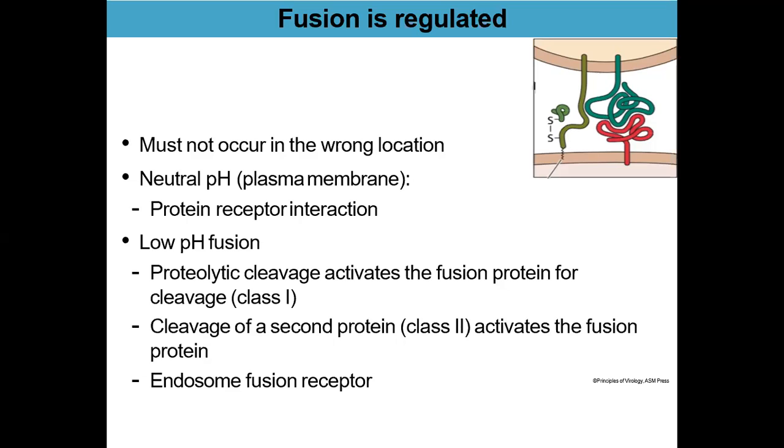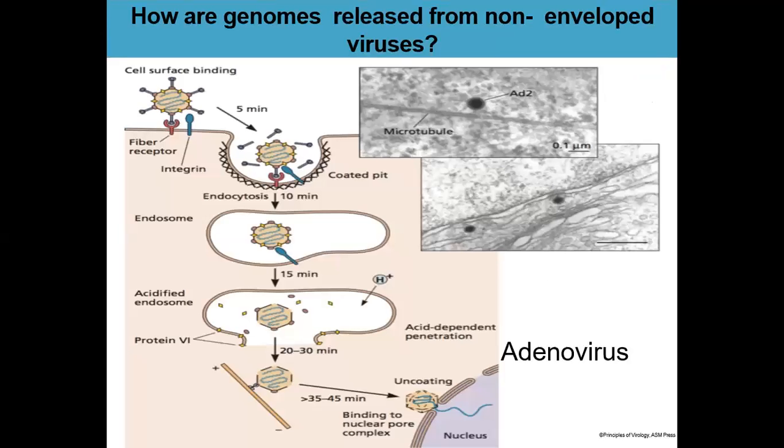But now the question is, this is the way the enveloped viruses go inside the cell. How will the non-enveloped viruses go inside the cell? So these are the genomes released by the non-enveloped viruses. Here I told you that they are going to have a kind of fiber. So these are the adenoviruses. They have a fiber, and they have a fiber receptor for that, and after binding with their particular receptors,